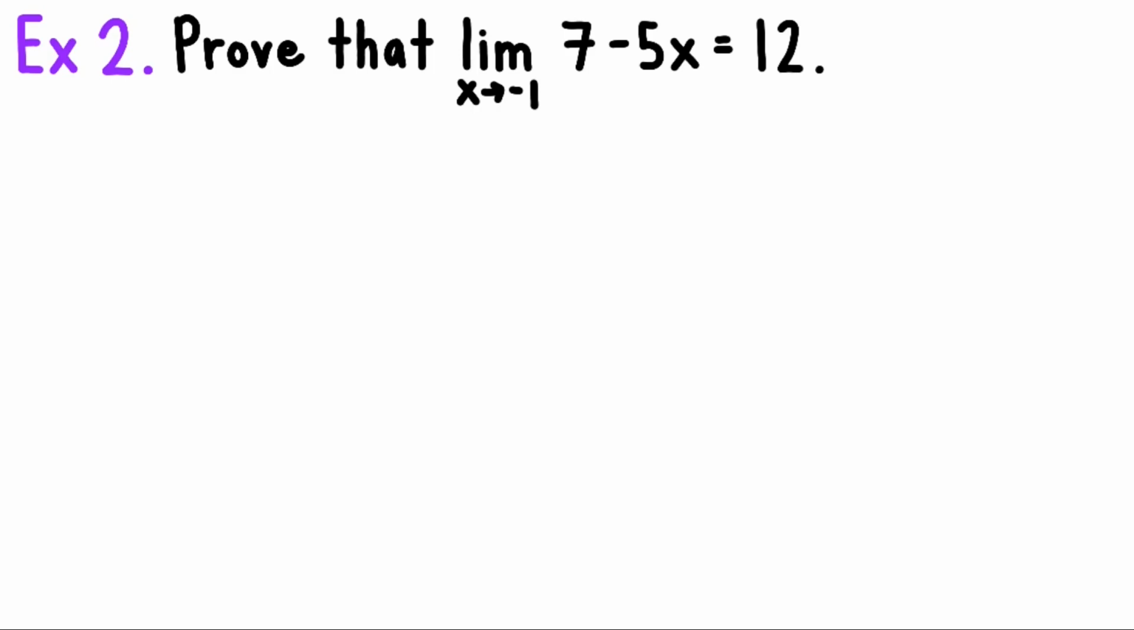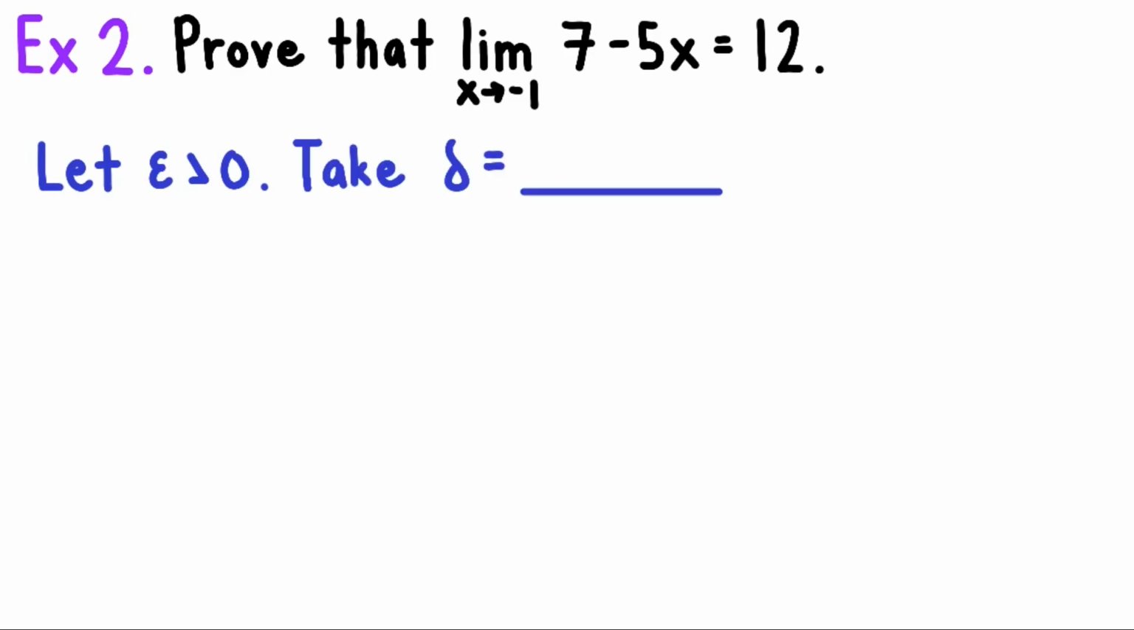Okay, good. So let us start. Again, the process is similar to the first example. We start by letting epsilon be greater than 0, and we take delta to be something that we'll be supplying later on. So we leave this one as a blank,